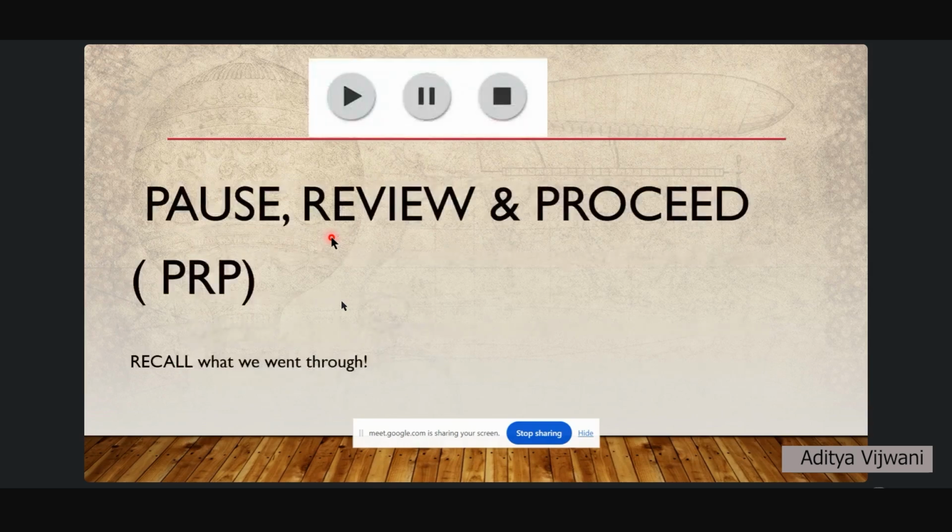So let's pause, review and proceed. Wait for a few seconds and recall what we went through. We started with subspaces of R. Then, recall, we took W to be a subspace. Then we proved it for the zero vector. Recall how. Then we showed that the whole of R is a subset of W. Right? How? We took a point x, and x can be represented as x times 1. So by this we showed the subspaces of R.